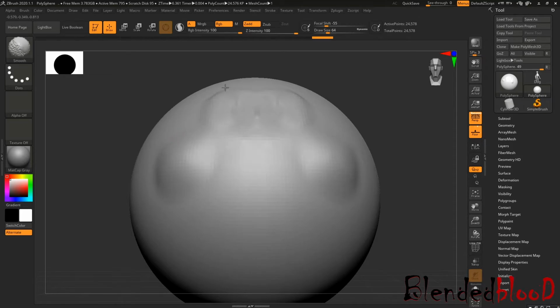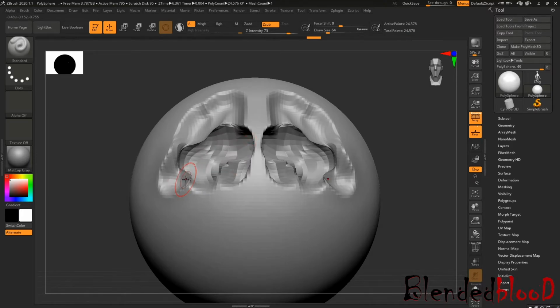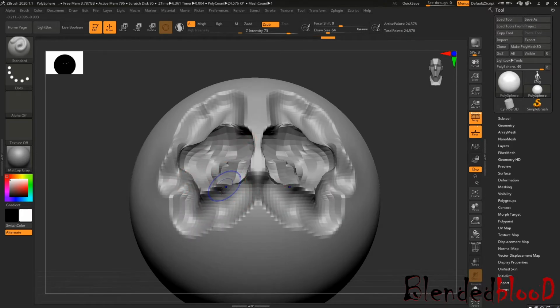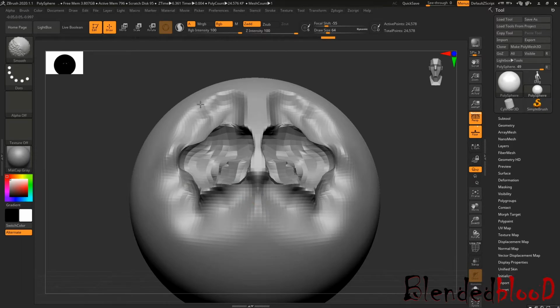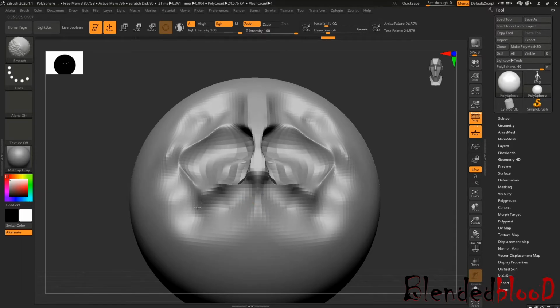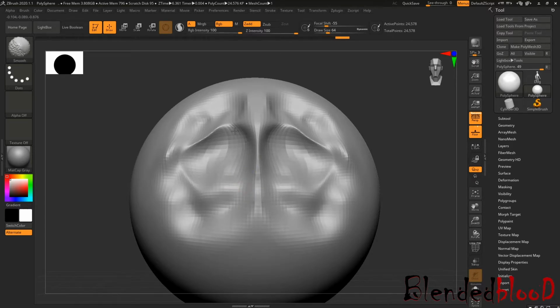This will smooth your whole mesh wherever the topology is very rough. If you can see, I click on Z Subtract and increase my intensity. Now again I draw a few strokes and hit Shift, and while pressing Shift I just drag on the same area. See, my mesh is going to be very smooth while I'm drawing.